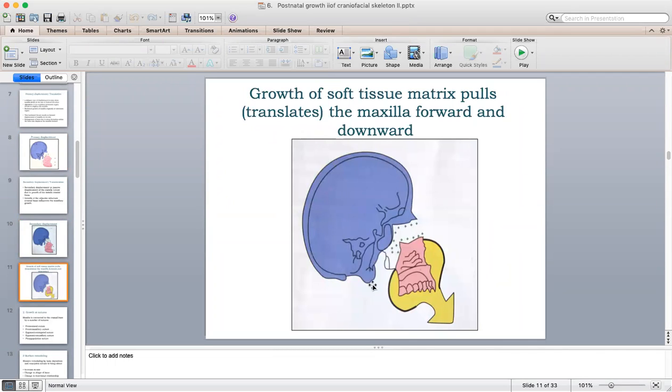Now, how does soft tissue relate to the growth of maxilla? As you know from the functional matrix theory, it is the soft tissue which contributes to or determines the growth of the bone structure secondarily. So the entire soft tissue matrix grows downward and forward, and that is how it pulls the entire maxilla downward and forward. Whether it is the skin, the muscles of mastication, the lymphatics, blood vessels, or whatever is attached, all of these grow, and along with it they pull the maxilla downward. That is the growth of the soft tissue which contributes to the growth of maxilla.